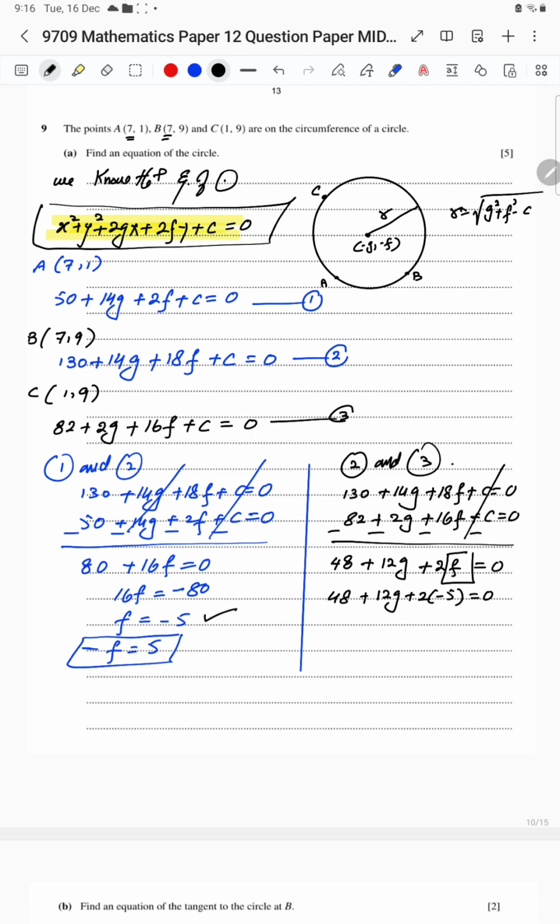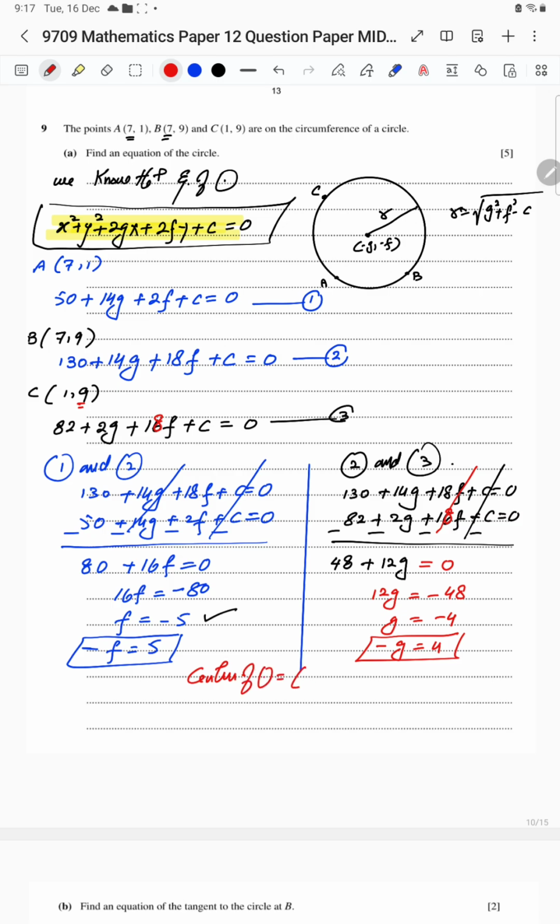Yeah, here I did a little calculation error. When I replace this with 2 9 the 18, it will be 18, so f will cancel here. So you need to be very careful about the calculation. F will be cancelled, so it will be 0. So 12g will be minus 48, g will be minus 4, minus g will be 4. Therefore center